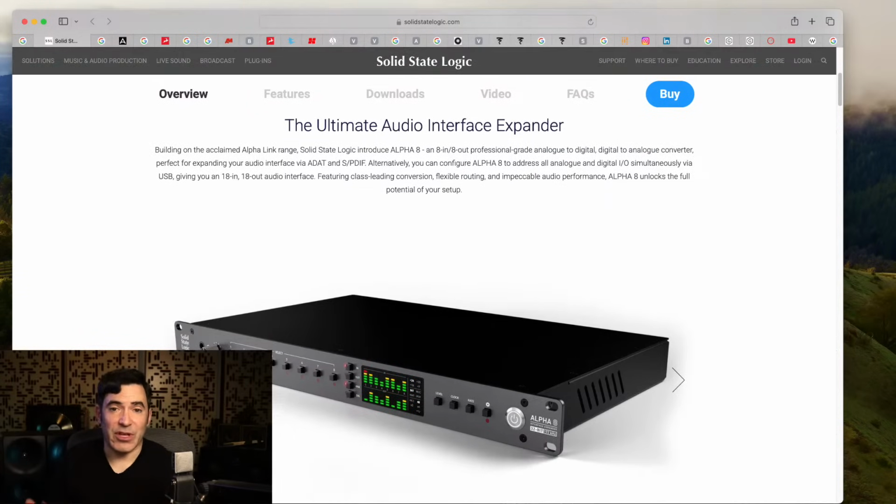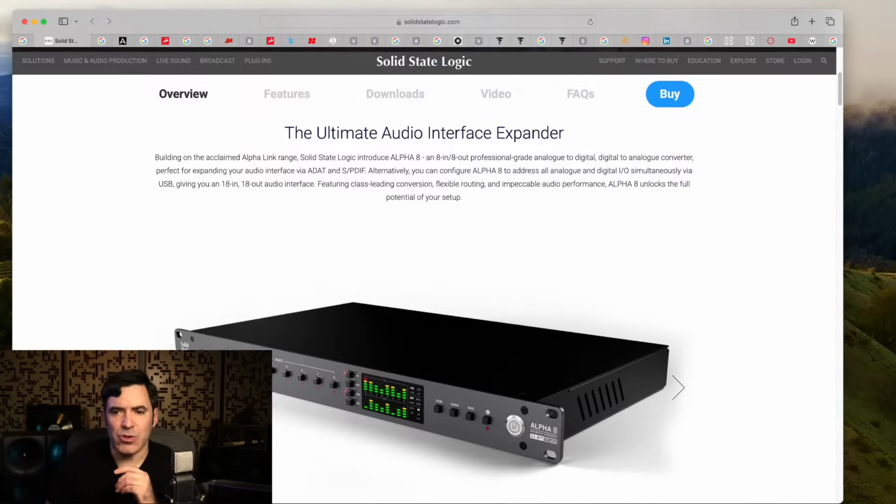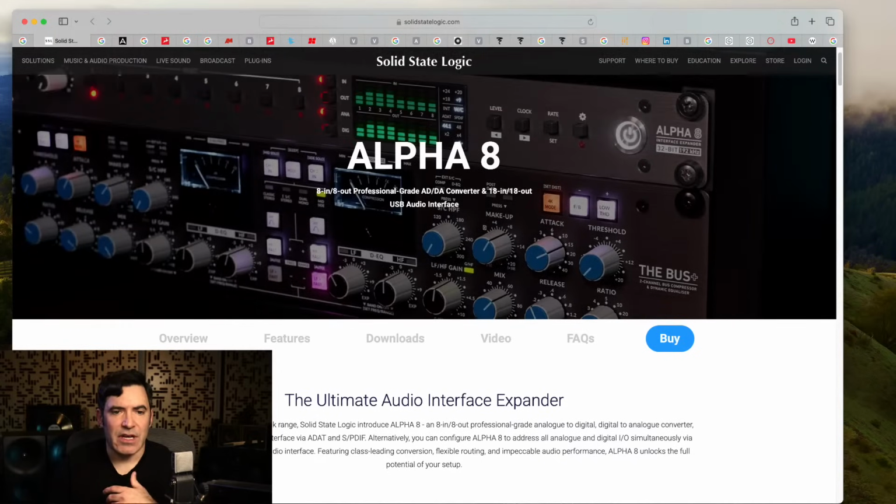So this is something that you could possibly get along with the aforementioned SSL interface, or you could use this to expand basically any interface. There is ADAT, SPDIF, and also can connect directly via USB. No, I don't think there's mic preamps built in this one, so it's just the conversion, but this is 8